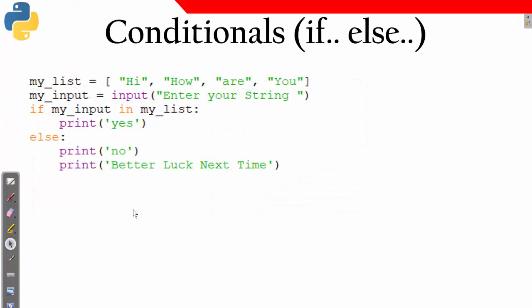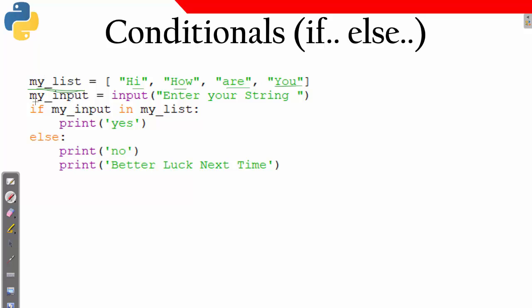Now look at this particular program. What it is saying is that I am having a list. Hi, how are you? These are my 4 strings inside a list.